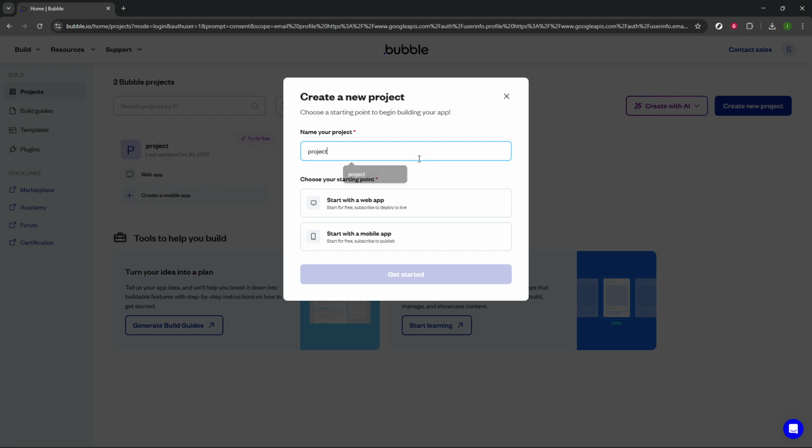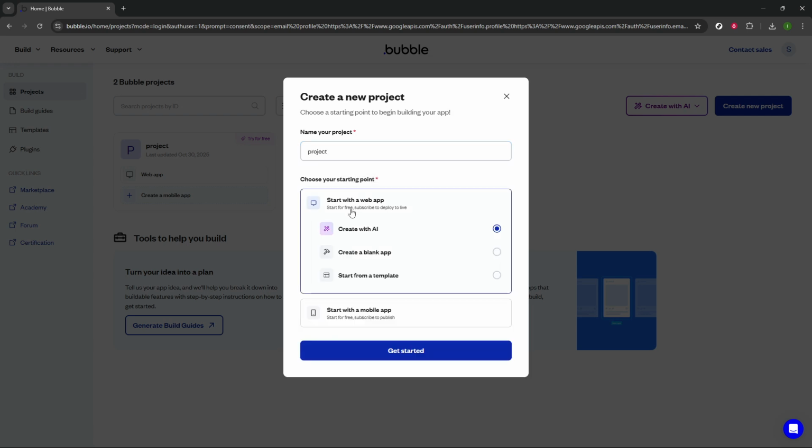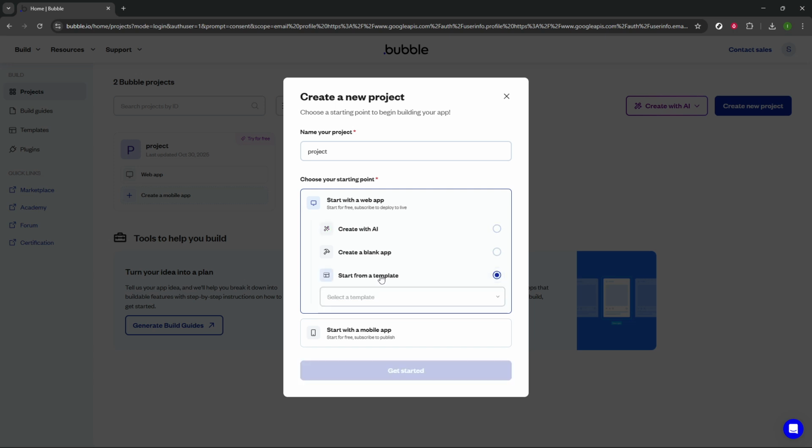To kick off your bubble.io journey, locate and click on the Create New Project button. This will allow you to start building a new application from scratch or using predefined templates. For starters, let's go ahead and click on Start with a Web App. The next step concerns naming your project. While it might seem trivial, a meaningful name can help keep your projects organized, particularly as you create more applications